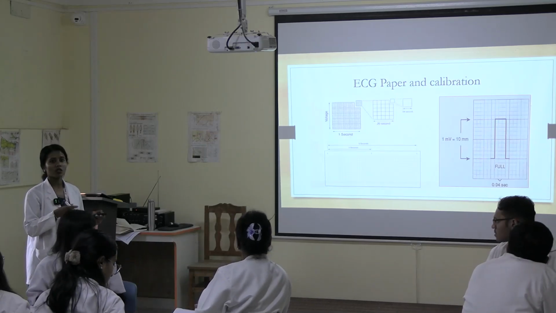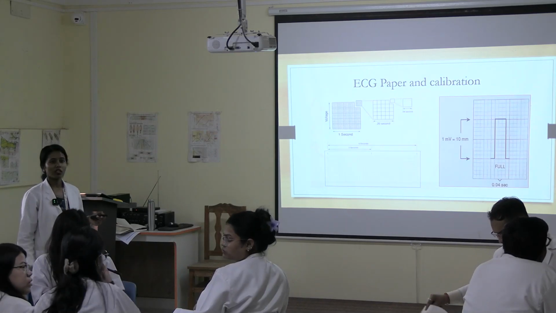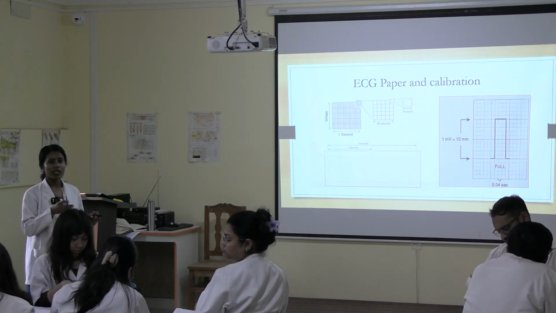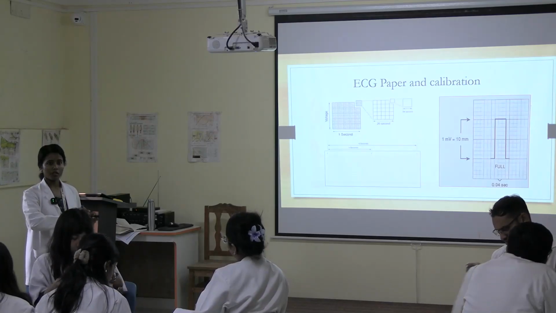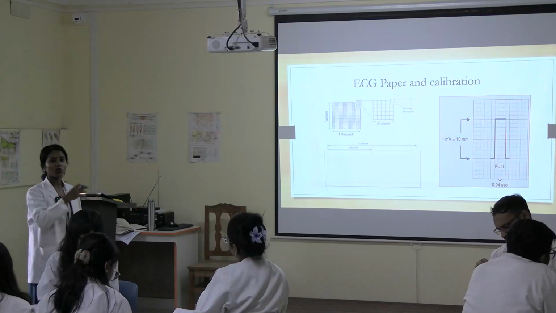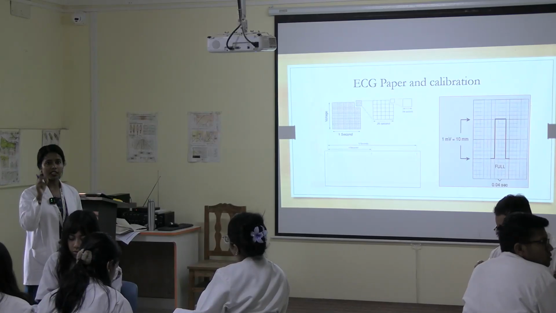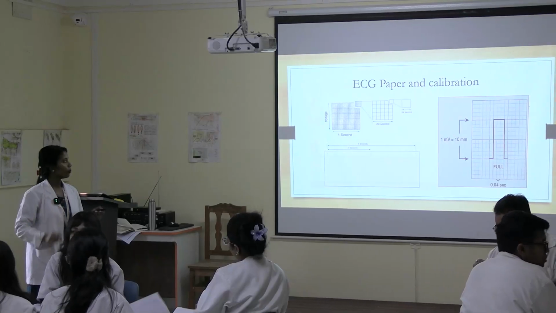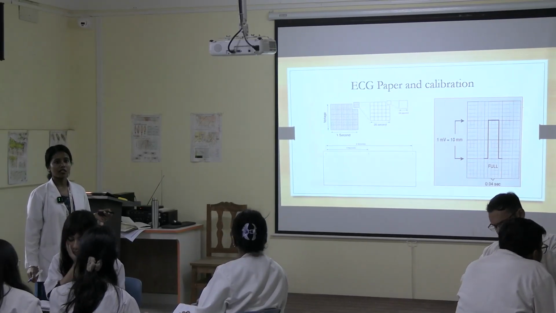So this is the one which is used universally for recording the ECG. It can be changed according to the situation. Like if your amplitude is very tall, you can decrease to 5. If it is coming very small, you can double it to 20. You have seen in the ECG machine there are 10, 5, 20 settings. You can change it, but universally it is done in 10. Okay, that is standardization.